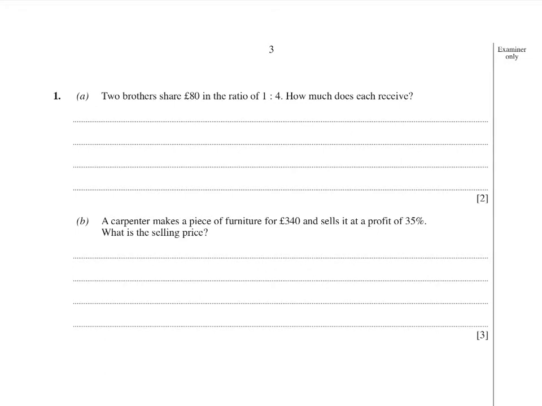So the first question on ratio, in the ratio 1 to 4, you need to remember the following steps. You need to add together the terms of the ratio first of all. So 1 add 4, which is 5. The next thing you need to do, and again remember this is a calculator, don't try and do this without a calculator, is do the money, so 80 quid divided by that answer that you just got from step 1. So 80 quid divided by 5 gives me an answer of £16, and this is the answer for one part